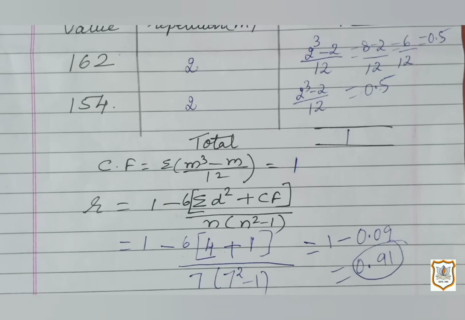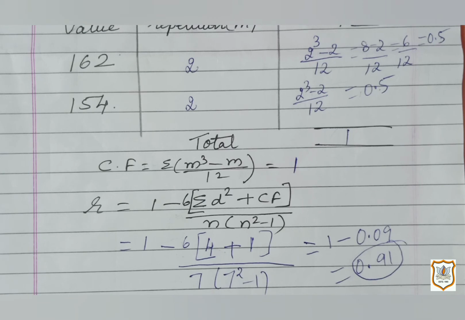So now see, we have done 3 types of sum. In the first sum, ranks were already given directly. Second sum, we gave the ranks but the observations were not repeated. And in this third sum which we did, here the ranks were to be given plus the values were also repeated. So these are the 3 types of sum which we are doing on the basis of rank correlation.